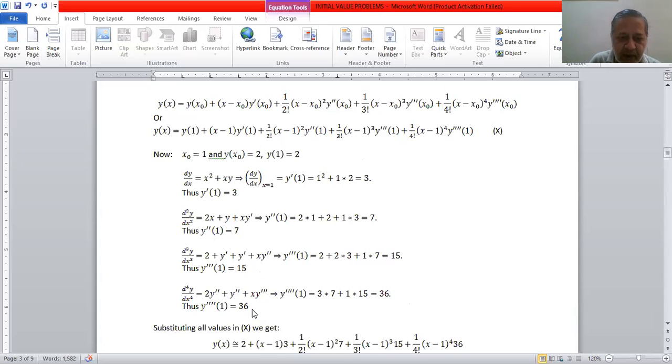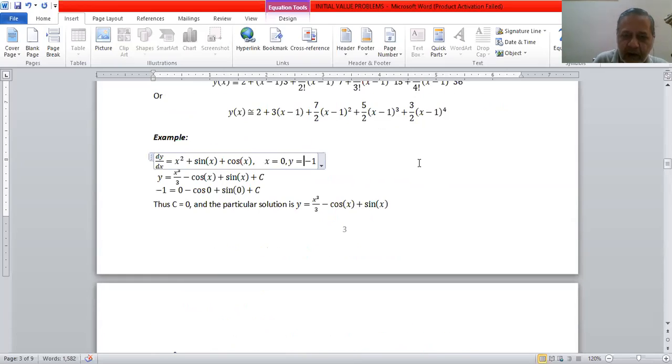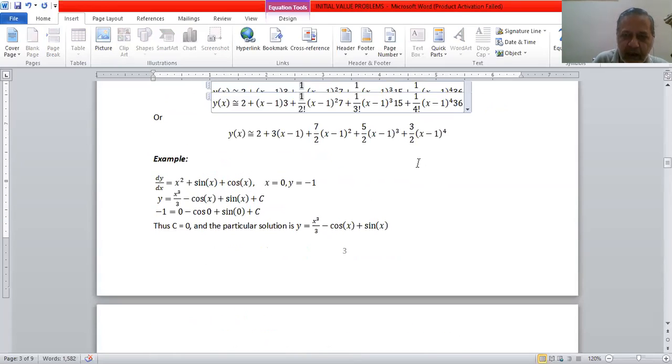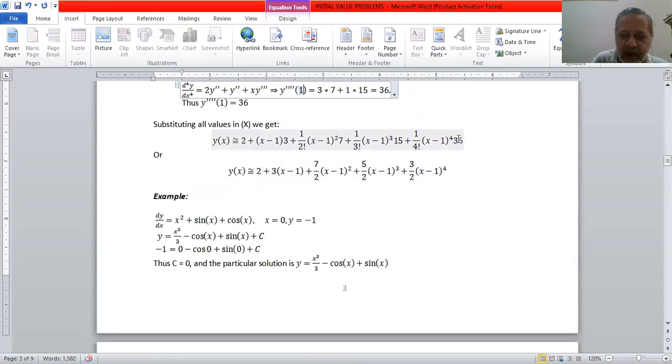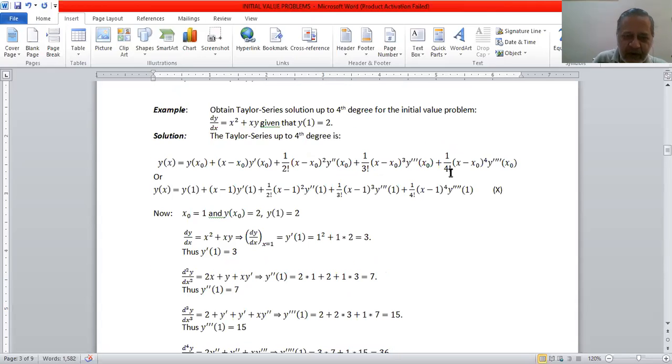So we get in place of y at 1, 2, y prime at 1, यानी 3, then y double prime at 1, 7, y triple prime at 1, 15, y fourth derivative value was 36. तो ये सब substitute करके simplify करके we have obtained this as a Taylor series solution for the given differential equation. So just a review,